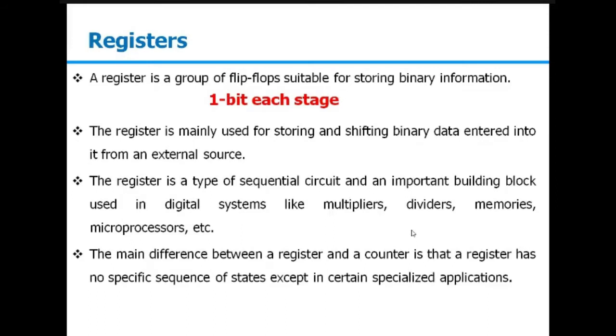In the register, one operation is to store the data, generally known as the loading of the data, and the other one is the shifting operation. Shifting means, suppose we have stored 4 bits of information in the register. Let this be a 4-bit register, and let that information be 1001. So that information we have stored. We have loaded the data in our shift register. The loading mechanism could be serial or parallel.